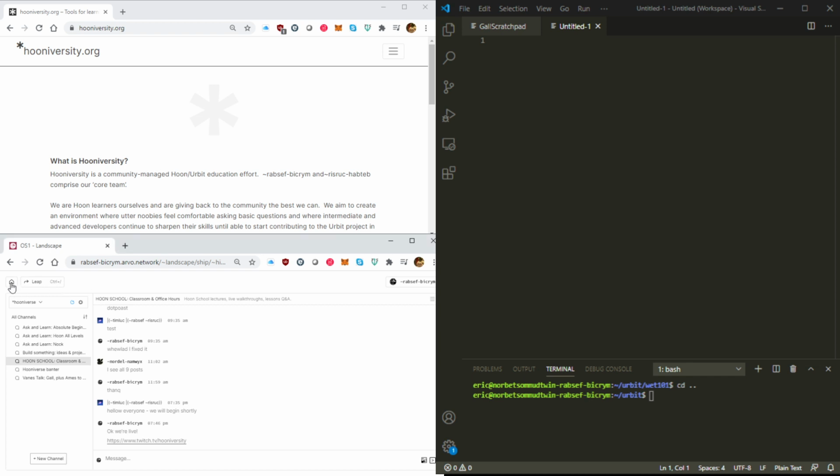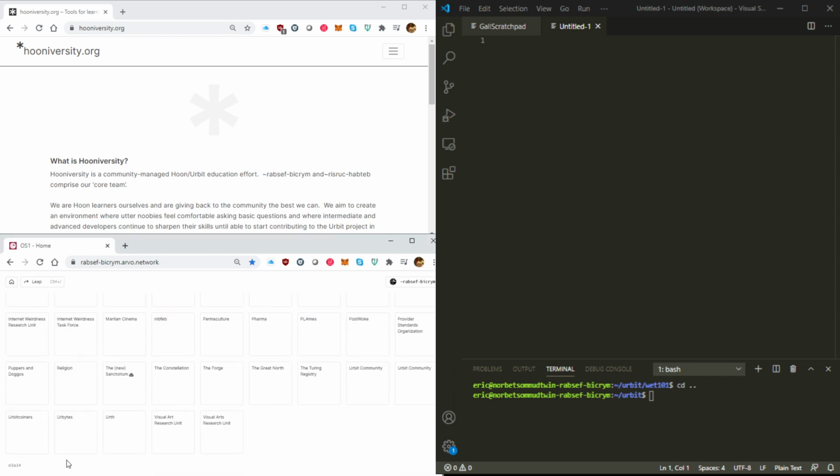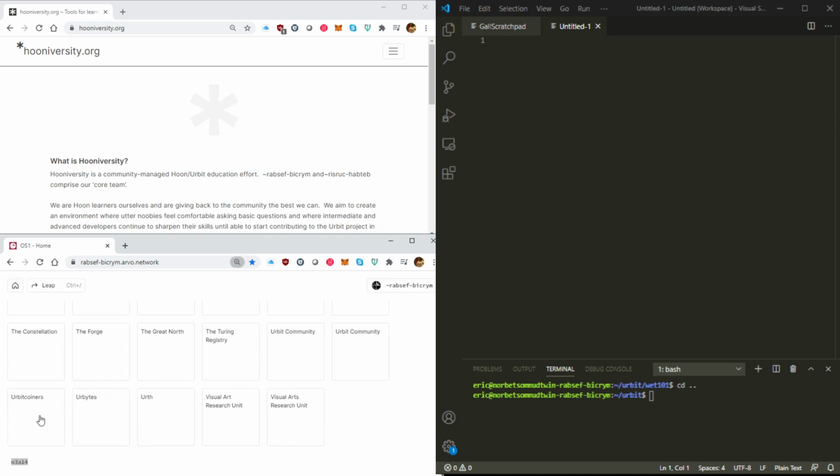So first of all, if you go to the home screen of your Urbit right now, your landscape, are you on 03A14 down here? Do you see that? Because that is what's called your base hash. I'm not sure how familiar you are with Urbit, so forgive me if I'm being pedantic here. But that is the base hash, which is the hash under which your